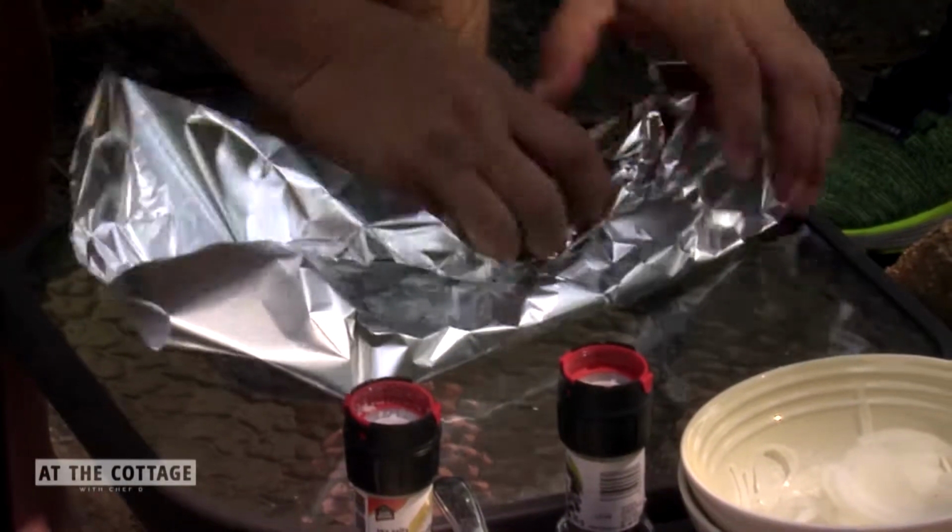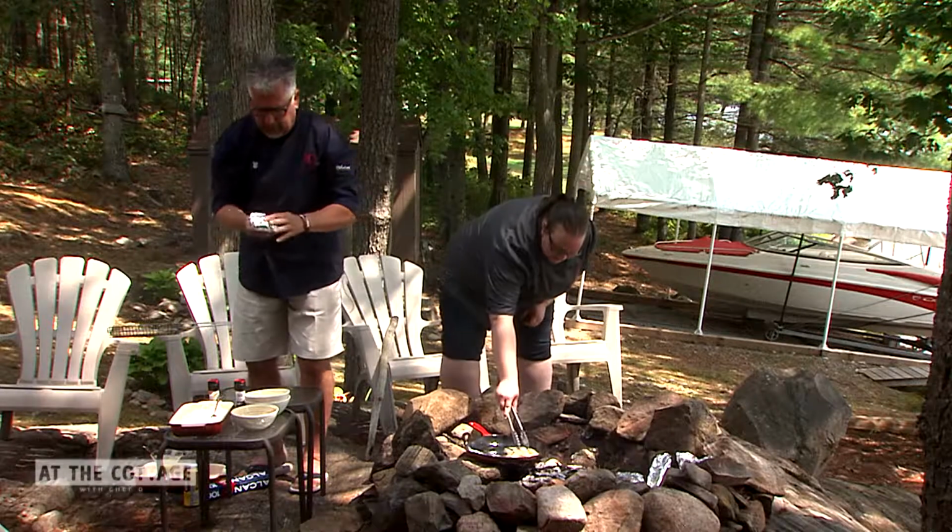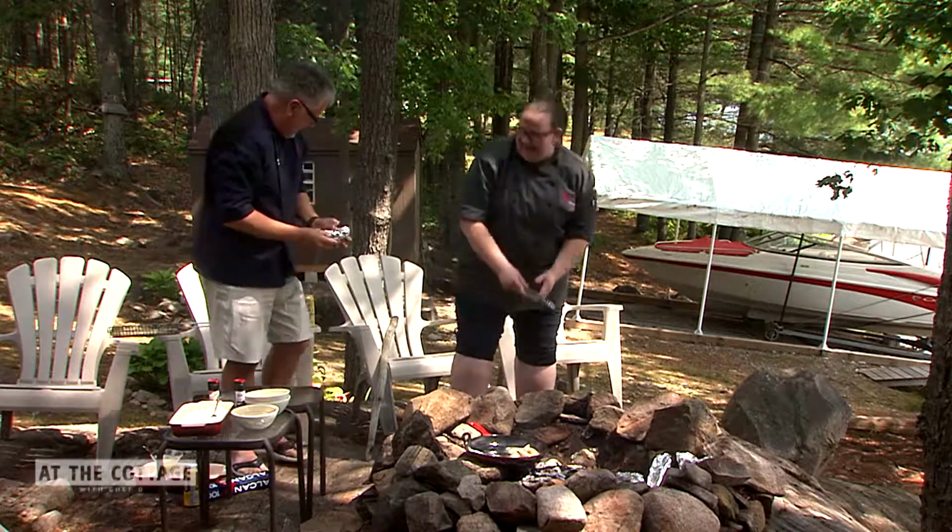Turn it. Oh, that fish smells great, Kara. Looking awesome. And just fold it together. I think Kira's looks a whole lot nicer than mine. And then